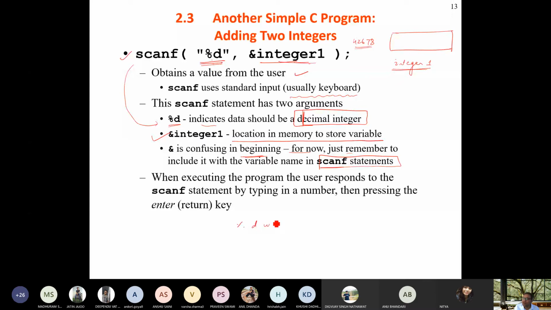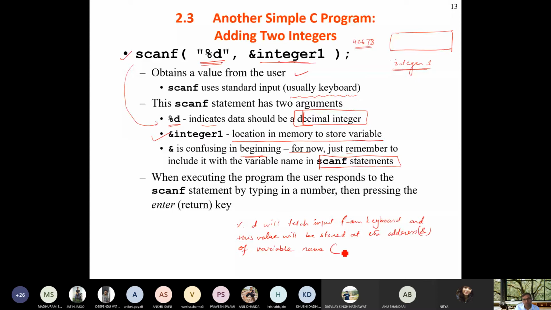%d will fetch input from the keyboard, and this value will be stored at the address of the variable name.